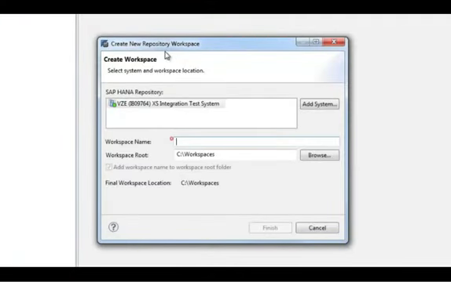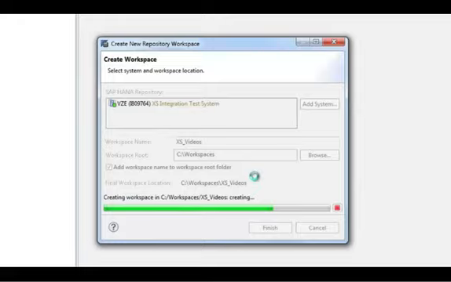Now we only have to do this once when we first set up a new system or install the HANA Studio on a new machine. What we're doing here is we're really creating a connection to the HANA server, and we're creating a corresponding workspace on our local machine. So it already defaulted to C:\workspaces. That's a directory that I've already prepared on my local desktop. So it's where I store all my HANA workspaces. And I'll go ahead and give this a workspace name, Access Video. I could give it any name I want. And it will create the workspace on my local system,